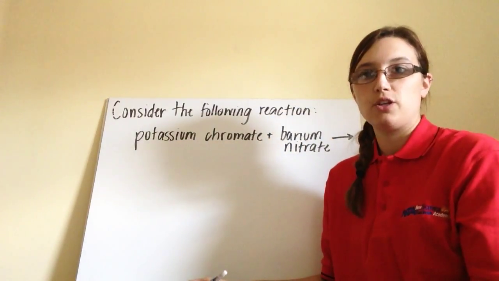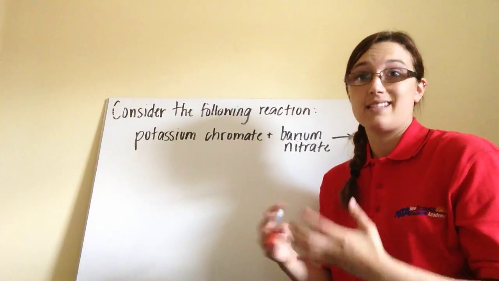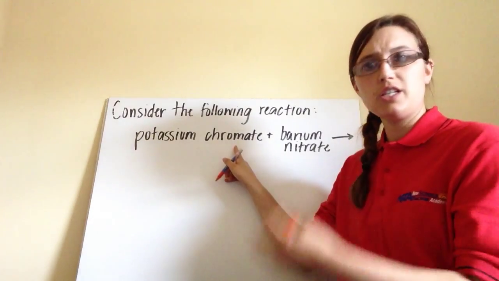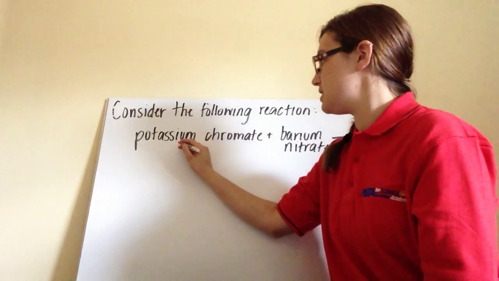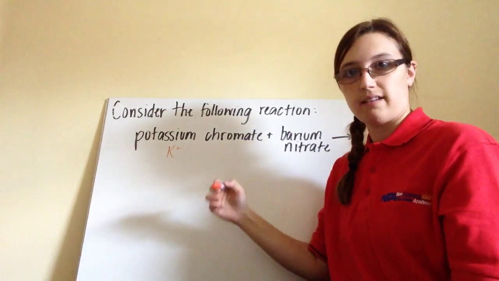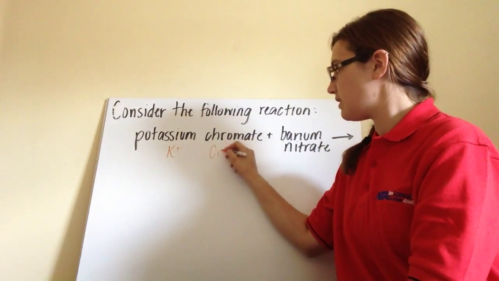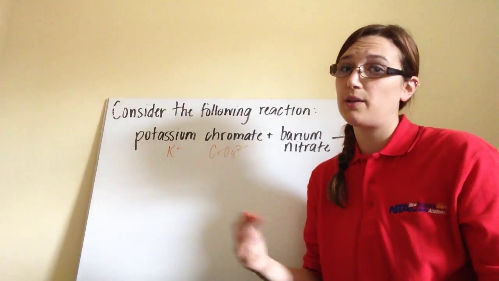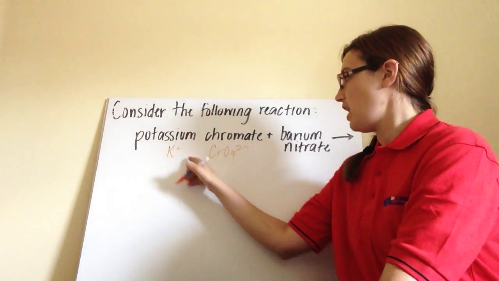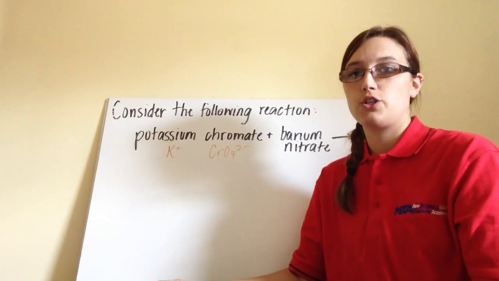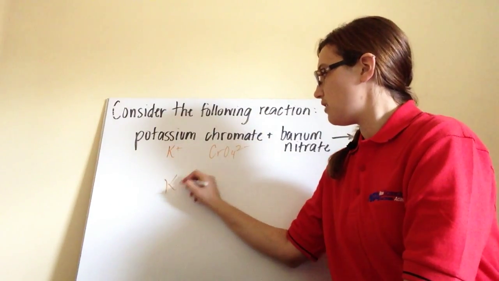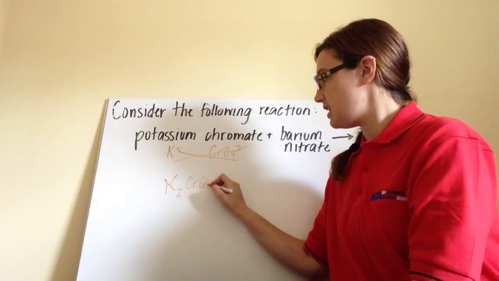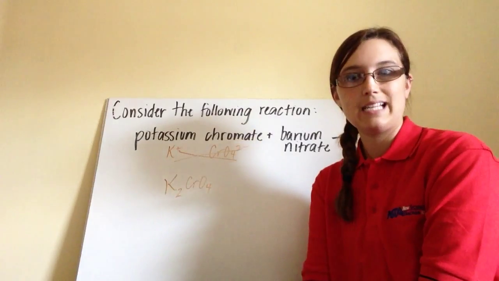First, we have to write our reactants as symbols. If we take this potassium chromate, this just works with our naming and with writing formulas. Potassium is K+. Chromate is one of the polyatomic ions that you need to make sure you know, because we're going to use it quite often. We have K+ and CrO4 2-. If we crisscross, K2CrO4. We have potassium chromate